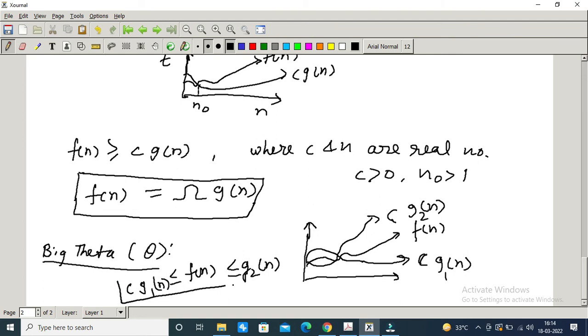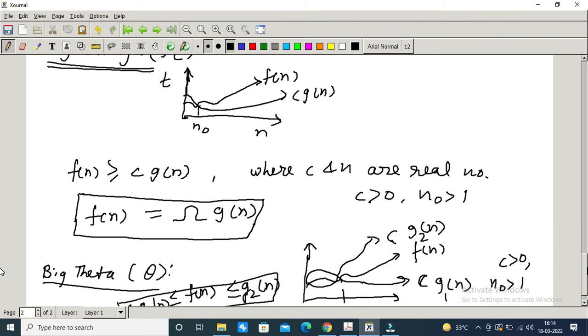So if this is the case, we say that Fn is sandwiched between the two functions C1 G1 and C2 G2, where C1 and C2 are real numbers and C is greater than 0, and here n is greater than n0, right? So this is the case for the big theta. So in that case, what we have understood is that